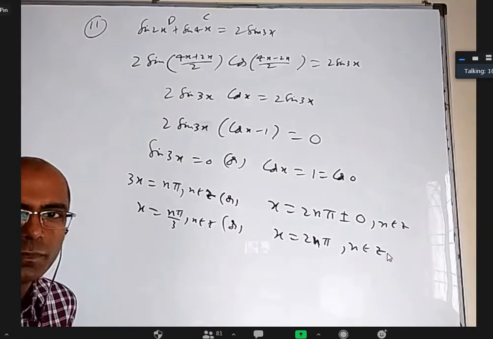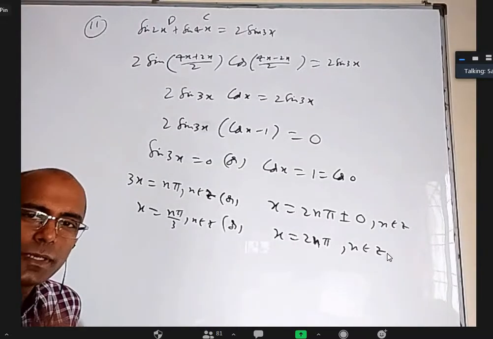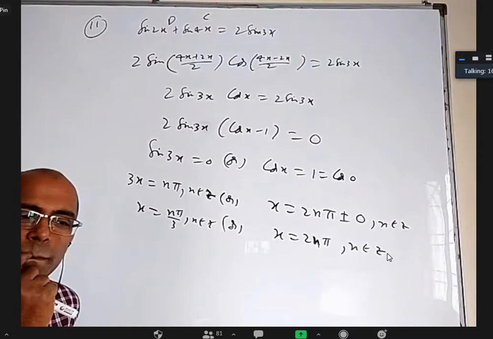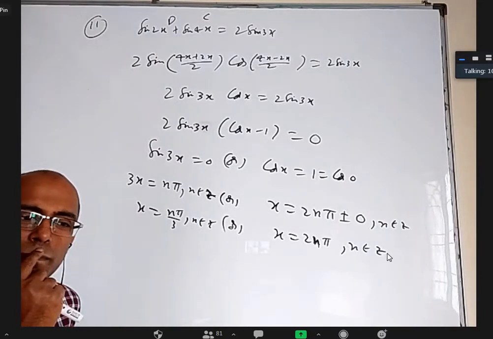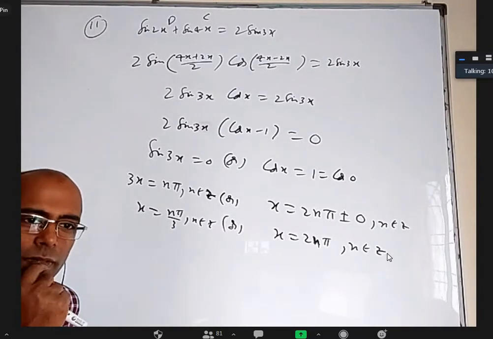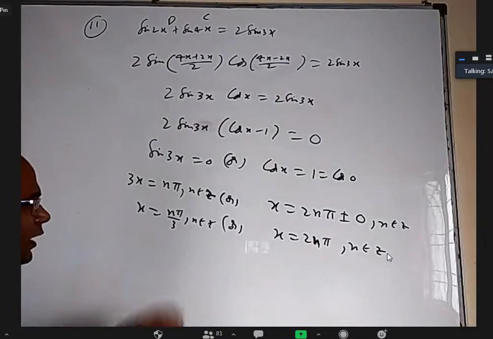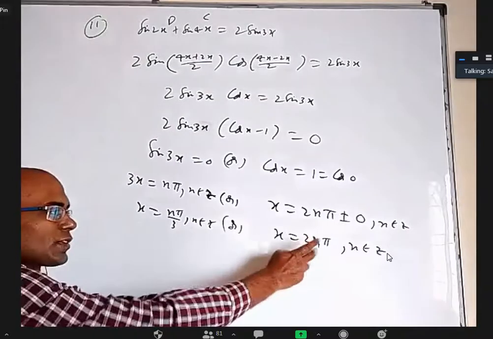Sir, is it option A? Why is it option A? Sir, in that we can cover 2n pi for the values of 3, and sir, when we take 3, 6. That's good. Excellent, Ravant Reddy. Very good. Excellent. When you write all the solutions of this, these solutions are covered in that.